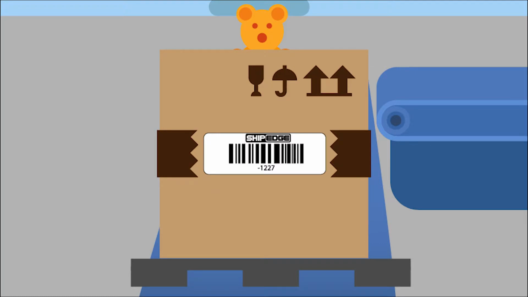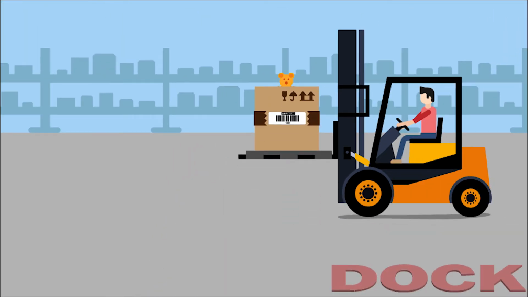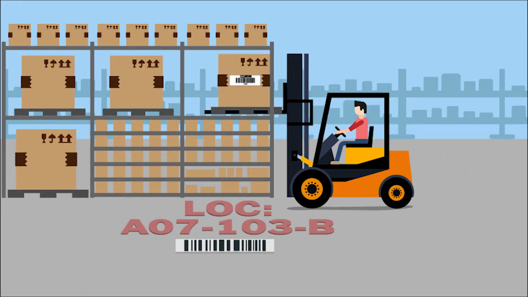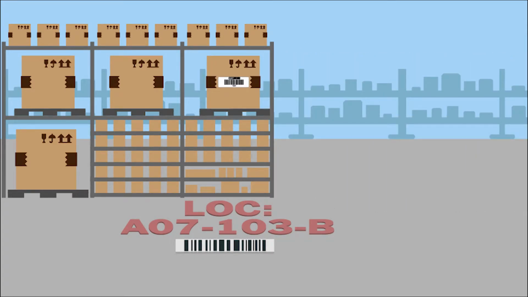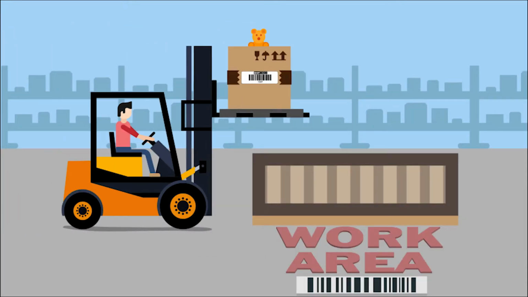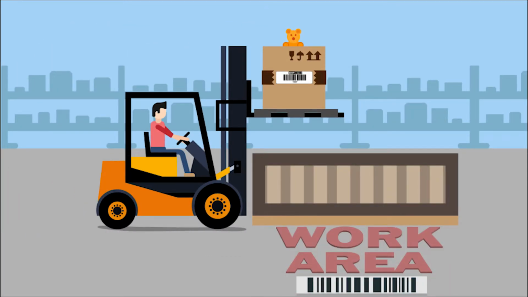So you've tagged your bin, and now you can put it away. All you need to do is scan the bin tag and the location, and now the system knows where your pallet of teddies is. Now, maybe you sell security equipment, and so you want to turn these bears into secret cameras. So you go pick up the pallet and take it to your workstation. Grab the pallet, scan the tag, scan the new location, and you're all set.